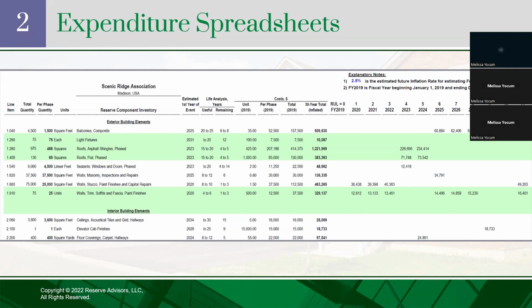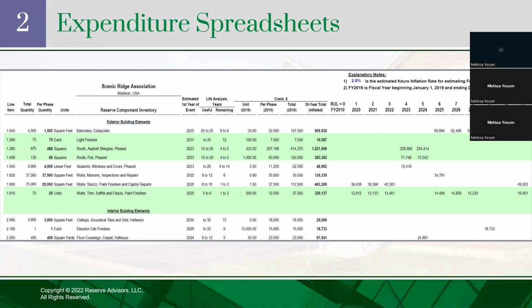And then every reserve study is going to have a cost, right? So a unit cost, how much does each light fixture cost, or a project cost? When you need to paint all of the buildings, what is the cost that's anticipated, right? So all of that information should be included in any reserve study. It's just the way it's presented will look different. So I do encourage you to review sample reports and ultimately find a layout that you're comfortable with and that's easy for you to utilize.